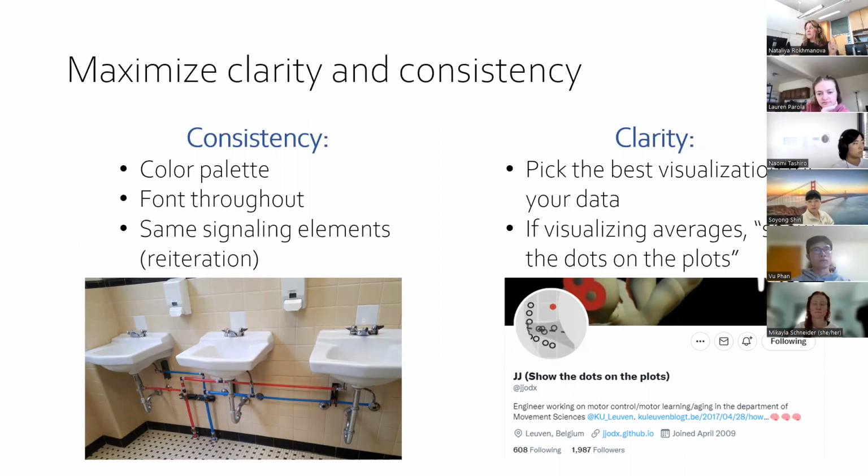This is something that is permanently stuck in my head. But JJ, who's a researcher in Belgium, has his Twitter handle, show the dots on the plots. And he is always saying to show the dots on the plots when you are plotting averages. And now it's all I think about whenever I'm creating figures. If you have an average, unless you are showing a violin plot where you have a really good understanding of the distribution,